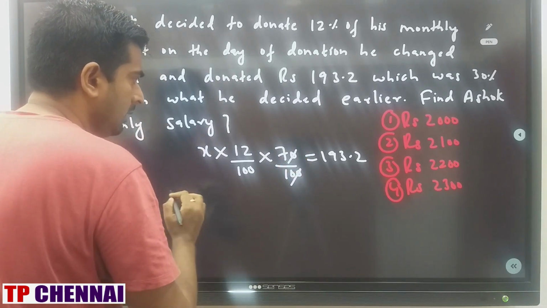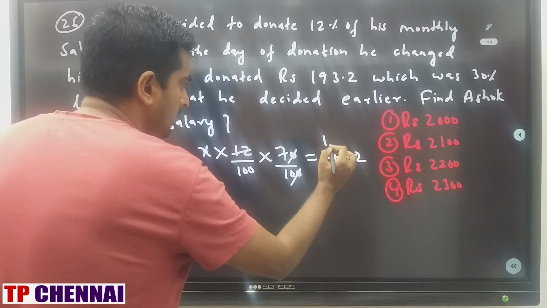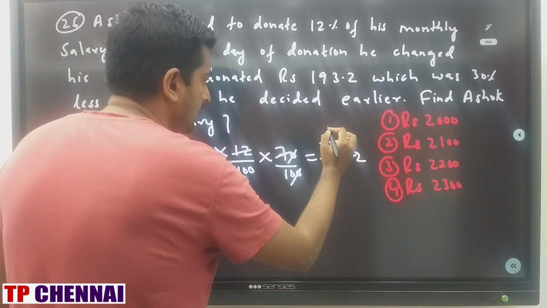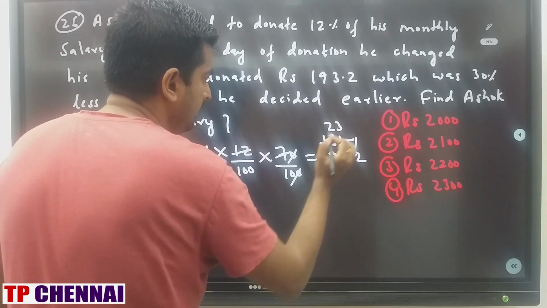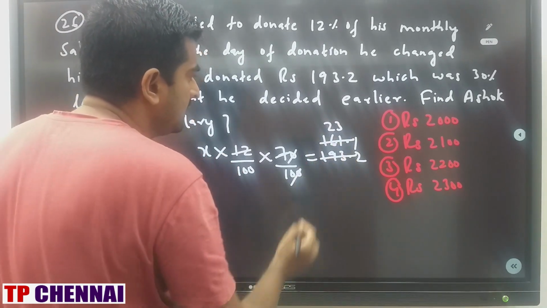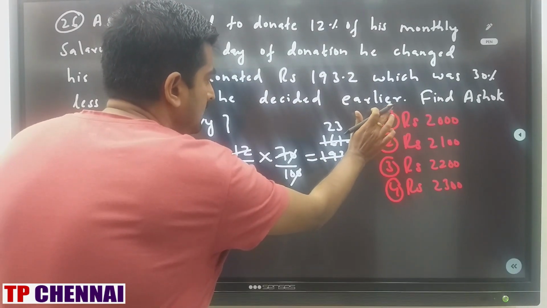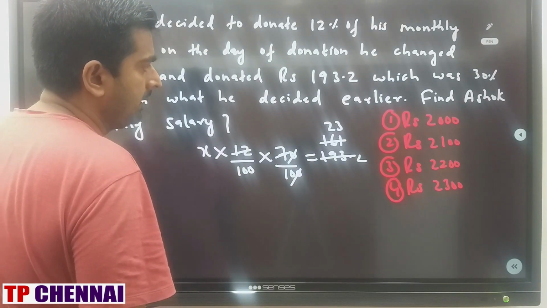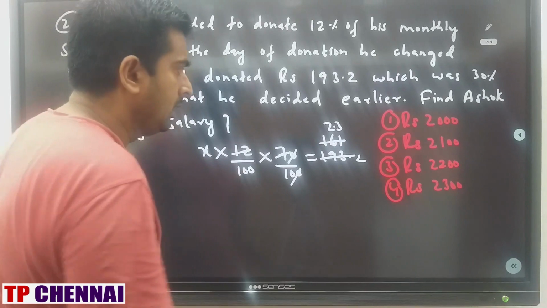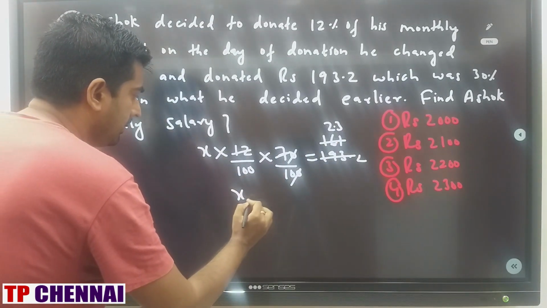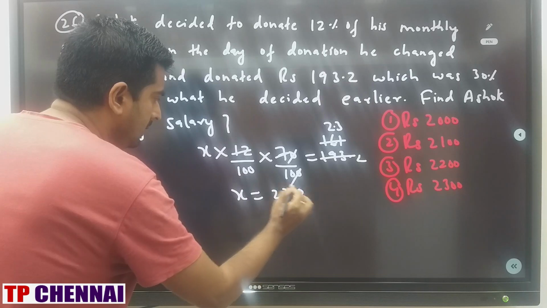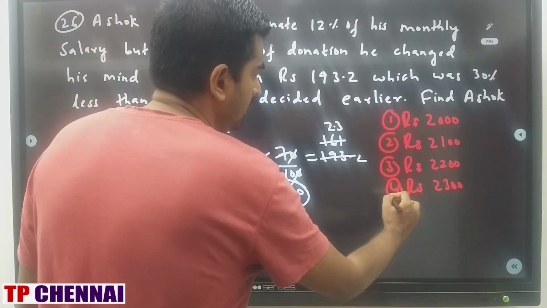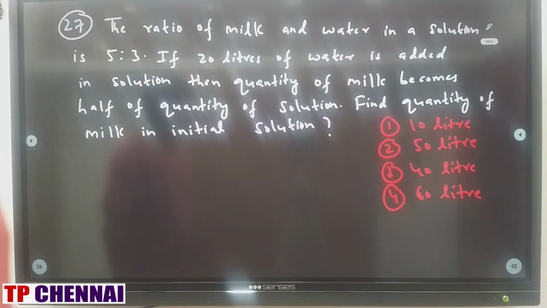0 0 gone. First cancel this number by 12. 12 16s are 192. 1s are 12. 1s are 7. 2s are 14. 3s are 16. 1 will come. Again 7 3s are 21, 7 2s are 14, so 2.3 will come, right? So 2.3 into 1000, what is the answer? 2300, which is fourth option. My answer is fourth option. So I hope you are clear with 26.